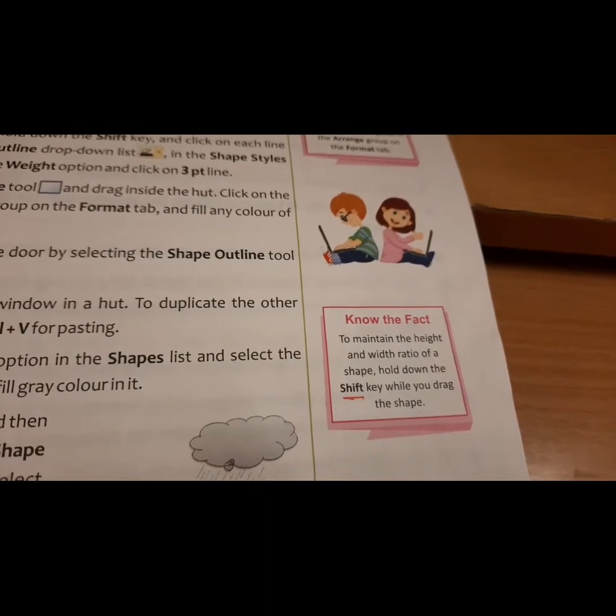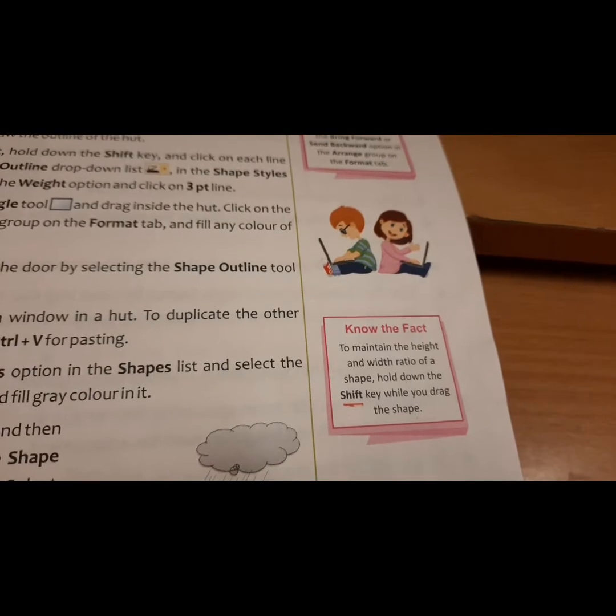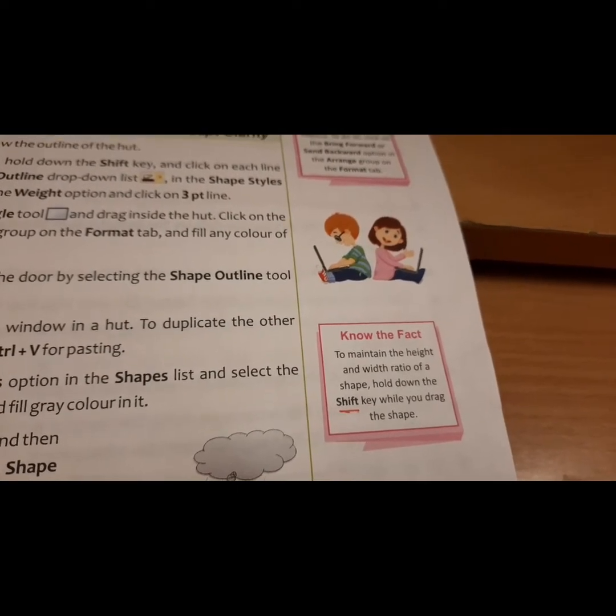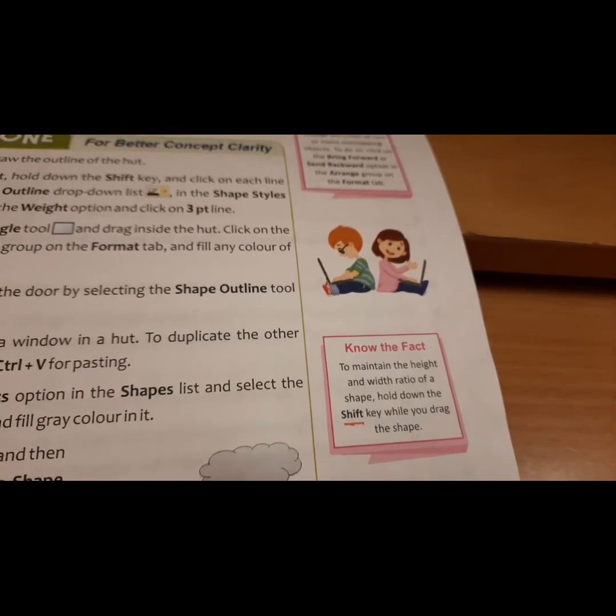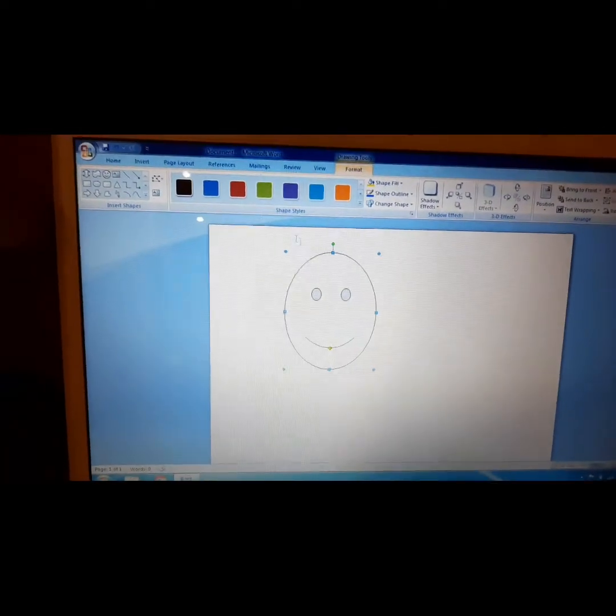Next is Know the Fact. To maintain the height and width ratio of a shape, hold down the Shift key while you drag the shape. If you want the shape that you select to be proportionate, in ratio. Usually what happens, if we select any shape, like the smiley, the face can get long and we have to adjust it. But if you want it to be proportionate, how can we do that?